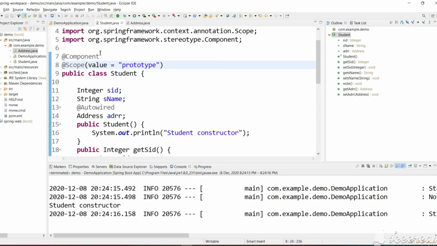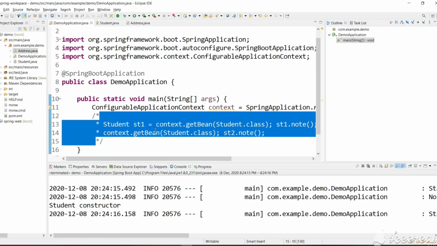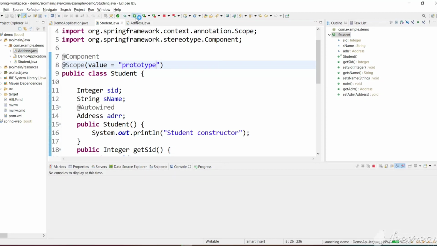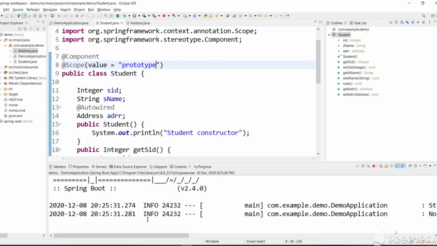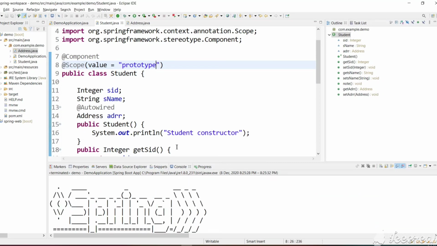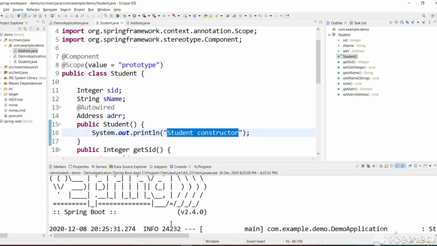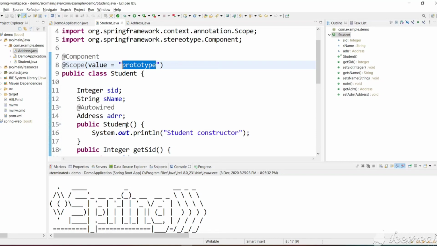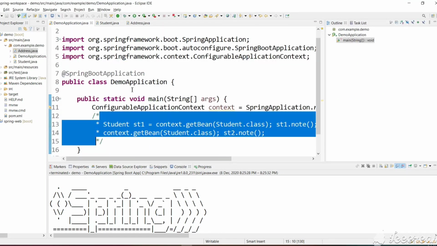And now let's run this. We are not requesting any object of student. If it is singleton, it will create one object and keep it in the container. If it is prototype, let's see what it does. As you can see, we have not got the output student constructor. It means if the scope is prototype, the Spring framework doesn't create an object of student until we request it.